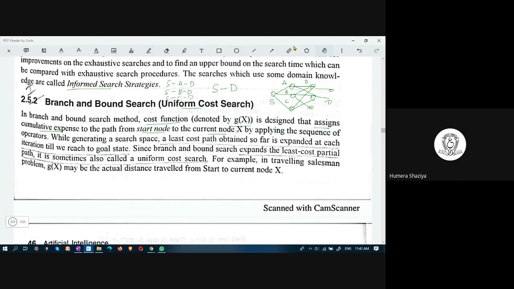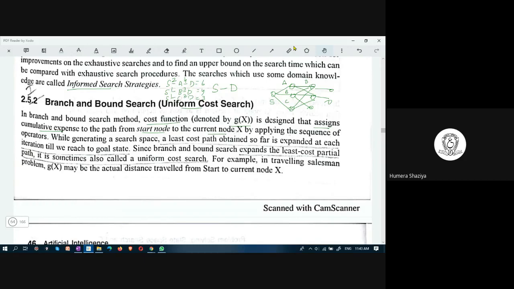And then there are the costs assigned. Here, if you have 2 and 4, it would be 6. Here, if you have 1 and 3, it will be 4. Here, if you have 1 and 2, it will be 3. So, whichever is the least cost from start to the current node, that is chosen. Here, in this case, S to D through C is chosen. S, C, D. Why is SCD chosen?